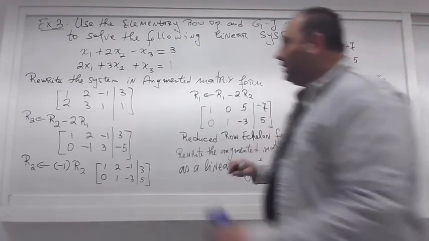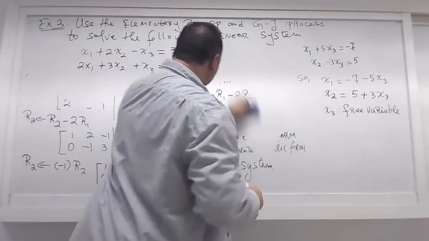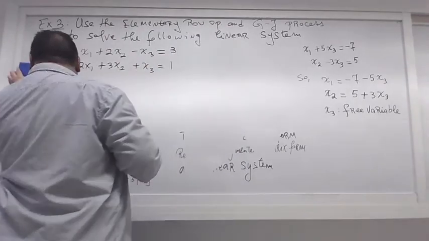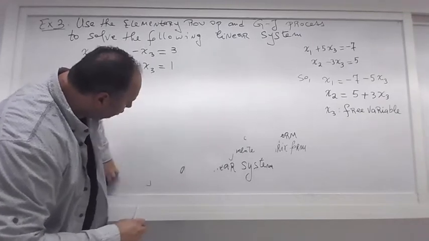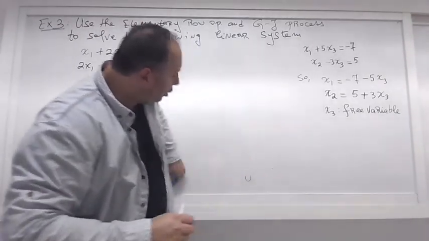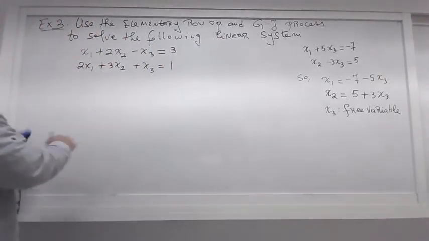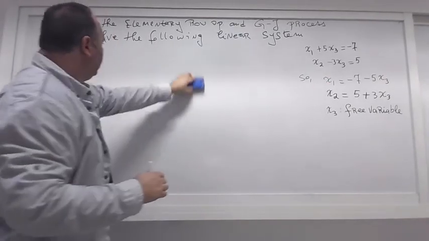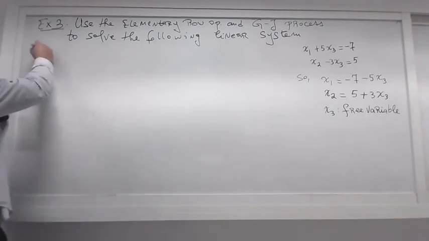So let me write that. What is the solution? We are almost done. One more step, just to write the solution. So the solution is exactly the same expression for all of the intermediary linear systems. Original linear system and the others, they have the same solution set. That's the beauty of elementary operations. Hence,